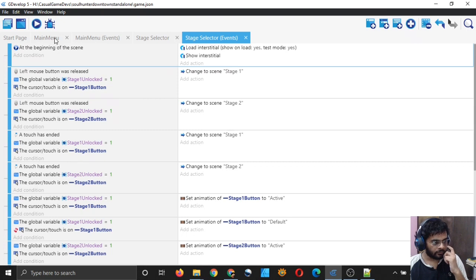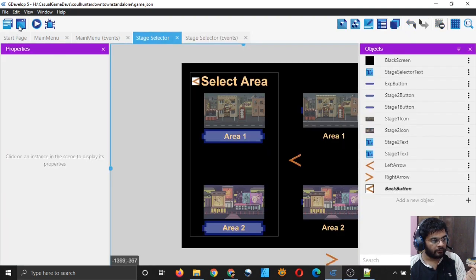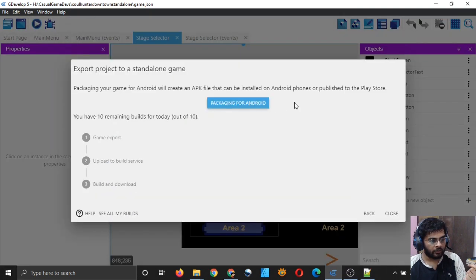Let me now again export my app to APK, so let's do that. I will install the APK in my phone, and then I will resume the video. I'm pausing it right now.